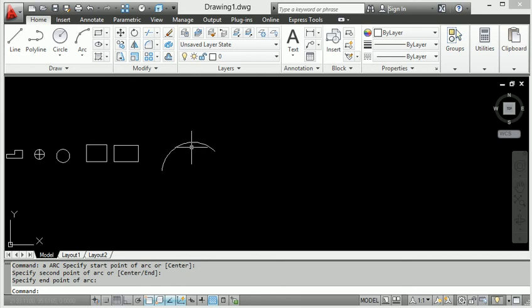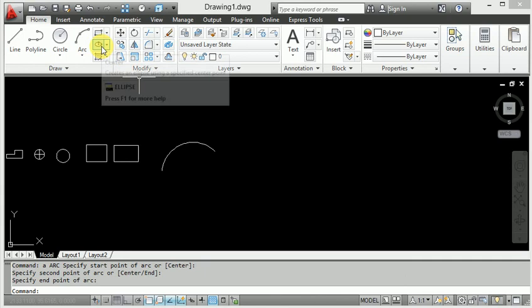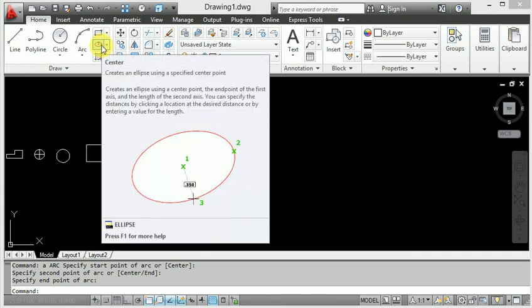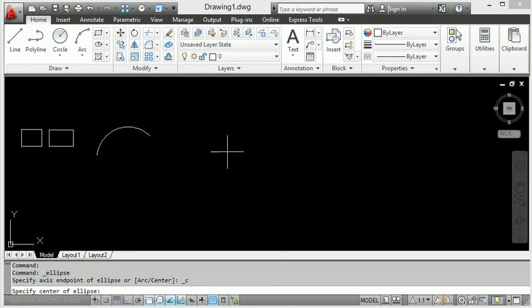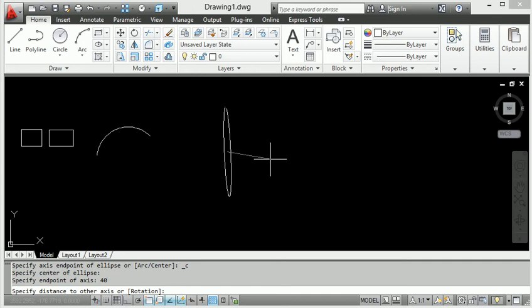Now I will show you the ellipse command. Here you can see the ellipse command. Right now we use it directly, and put down the value 40, then also put down the value 100.